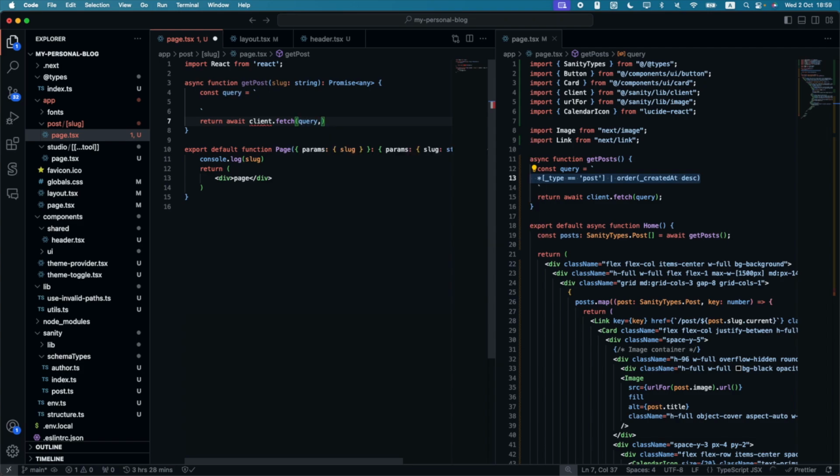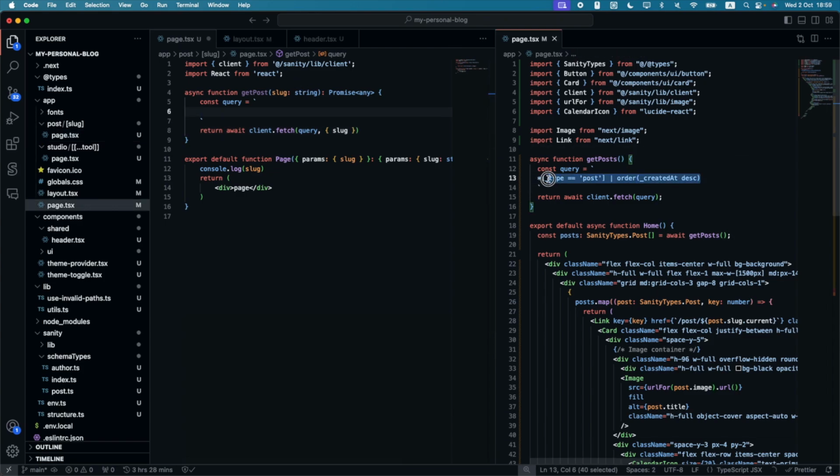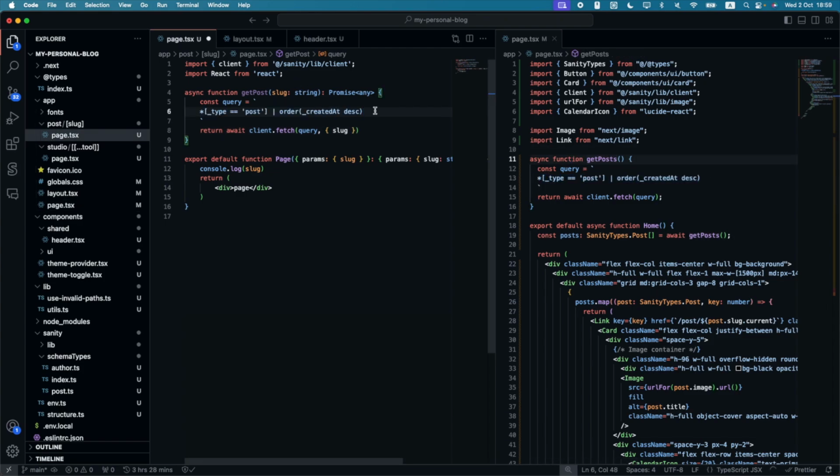query. So client, make sure you import client, query, and now we can actually pass a parameter or dynamic variable or value into the query itself. So this one's going to be slug. We'll use this, and we don't need order by because it's just one post. So query of type post and slug.current will have to equal slug, and this slug is what we pass through